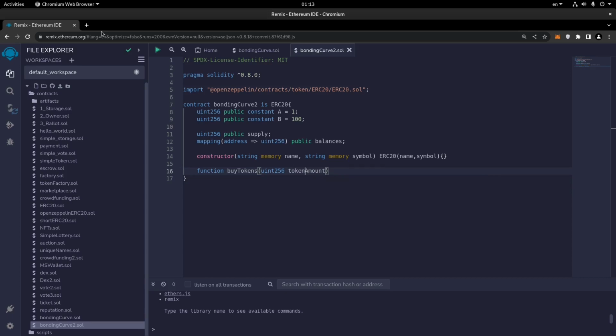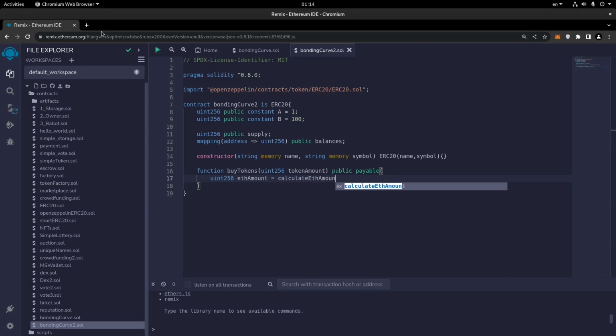Oh, it should be like this, and that's it. So it's a public payable function, open the bracket, and then here we'll determine the uint256 ethAmount, and now we're going to calculate